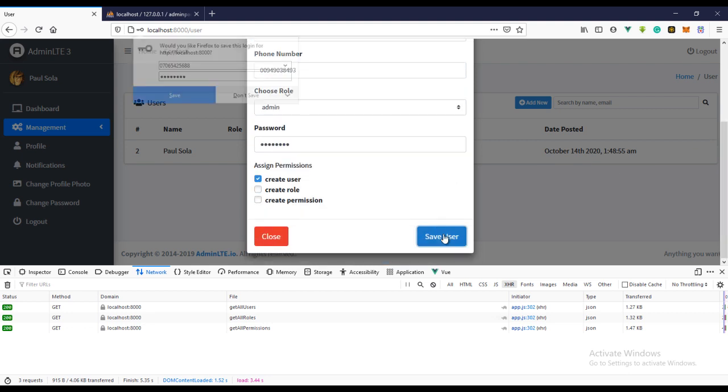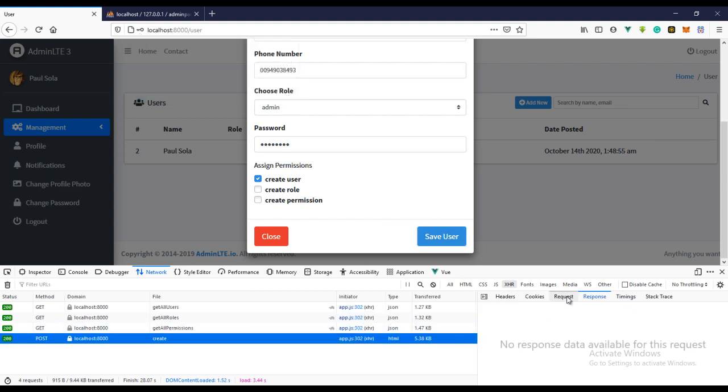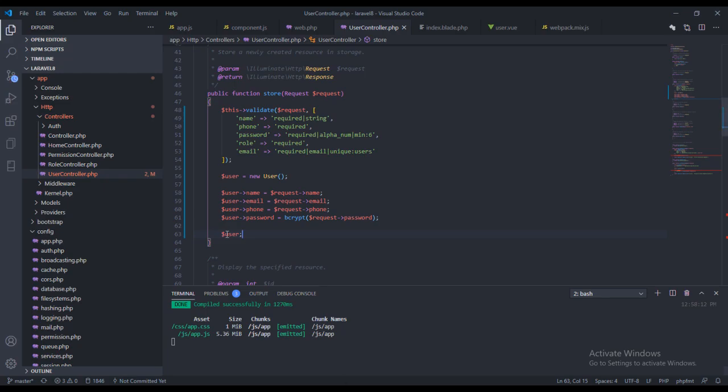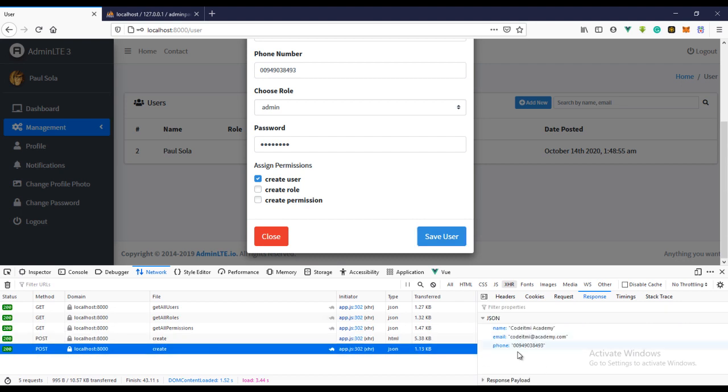So let's try that again. So let's see that now. We didn't get the response we want, so that means we have to return this. So let's do that again and see that. So we've gotten the user info right here, and we can actually save all this information into